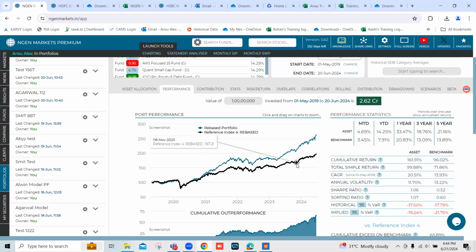रही है दैट्स द बेंचमार्क। तो आपको दिख रहा है कि क्यूमुलेटिव रिटर्न मतलब total return, absolute return point to point of this portfolio for the last 5 years, 2019 से, क्योंकि वो हमने स्टार्ट डेट चूज करी हुई है, उस टाइम से 161% रिटर्न रहा आपके पोर्टफोलियो का, वर्सेस आपके बेंचमार्क का रिटर्न रहा 96%, राइट? तो देयर इज अ क्लियर आउट परफॉर्मेंस दैट इज जनरेटेड बाय योर पोर्टफोलियो, वो आप देख सकते हो।